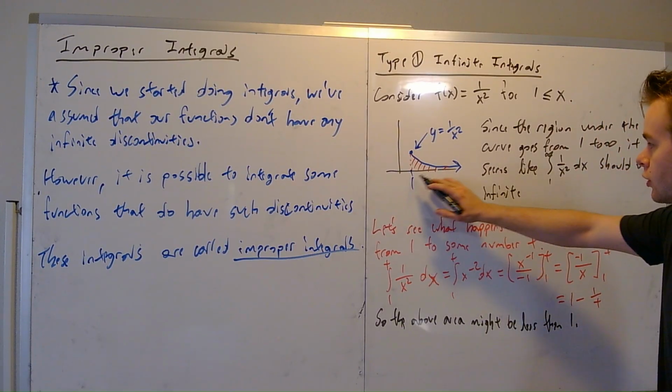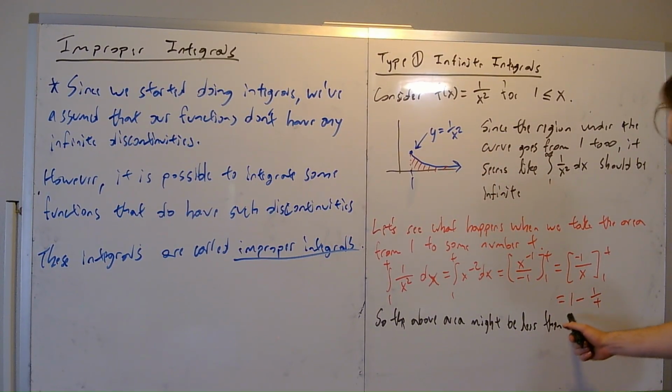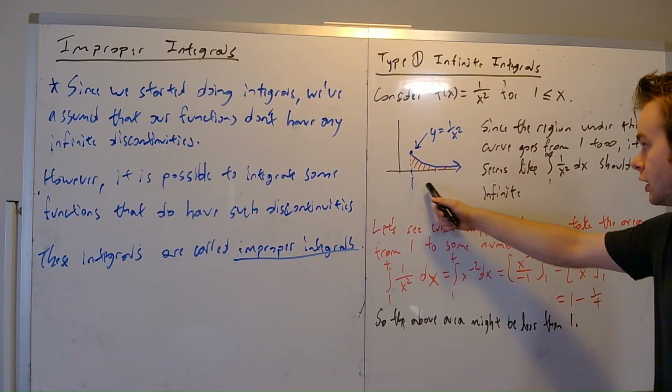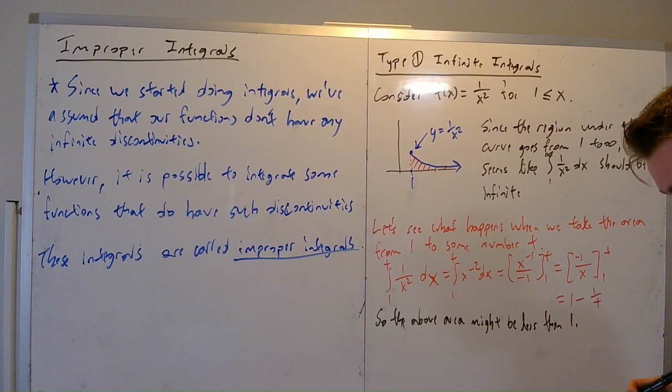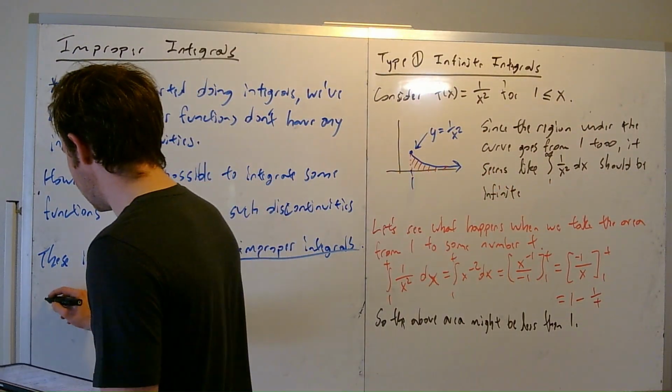So we said from 1 to any number that we pick, the area under the curve is less than 1, but we don't know what happens whenever we go to infinity, instead of just going to some random number. So the next thing we need to look at is now